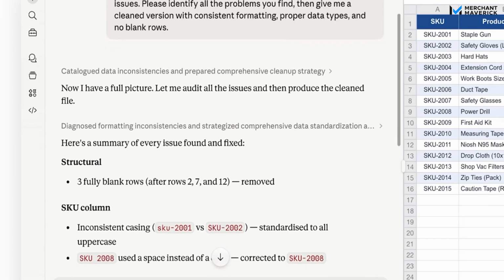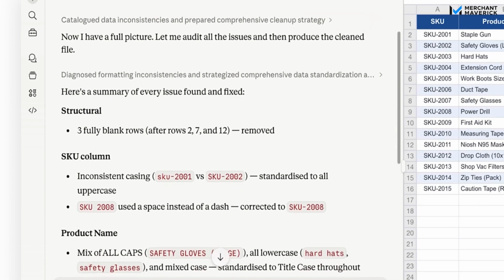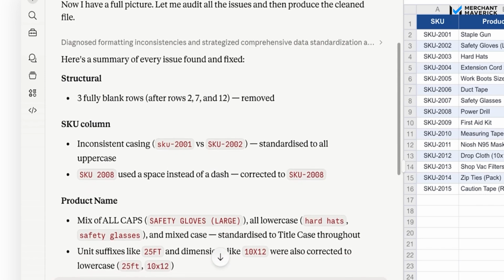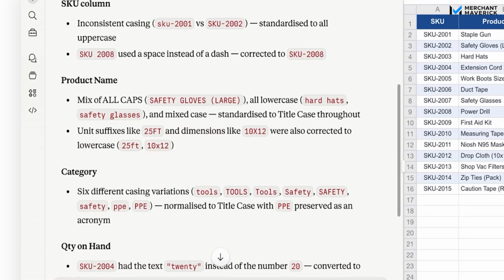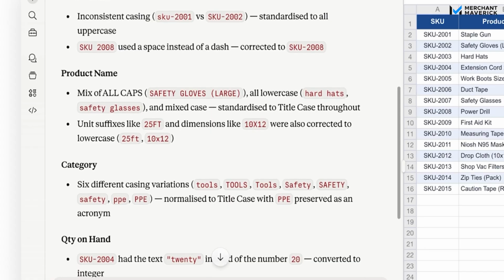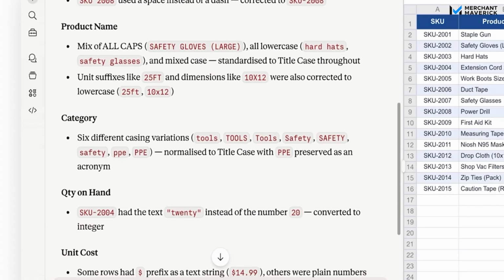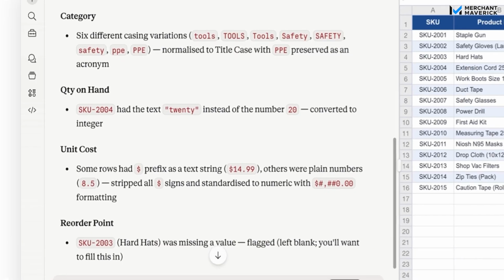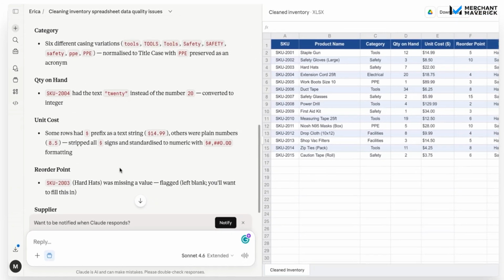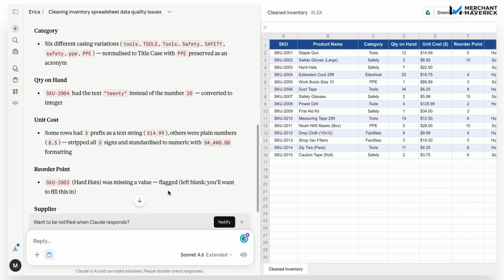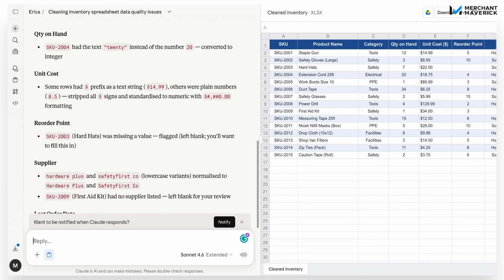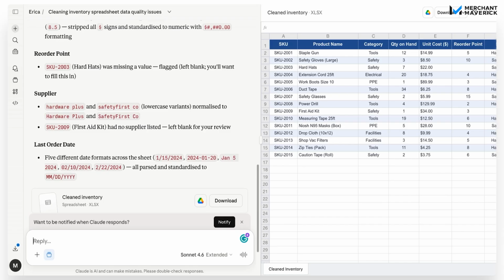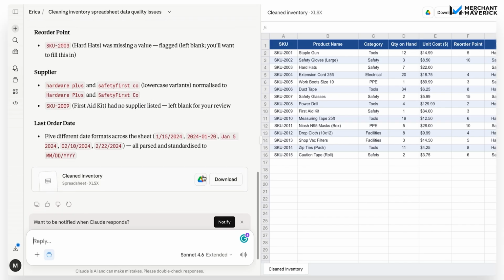So there were blank rows, inconsistent casing, a space instead of a dash, a mix of all caps, 6 different casing variations. The word 20 was written out instead of the number. Some rows had the $ prefix, and then it lets us know on the reorder point, hard hats was missing a value. It's just flagging that and leaves it blank, so we'll want to fill that in. And it goes through every category, and then